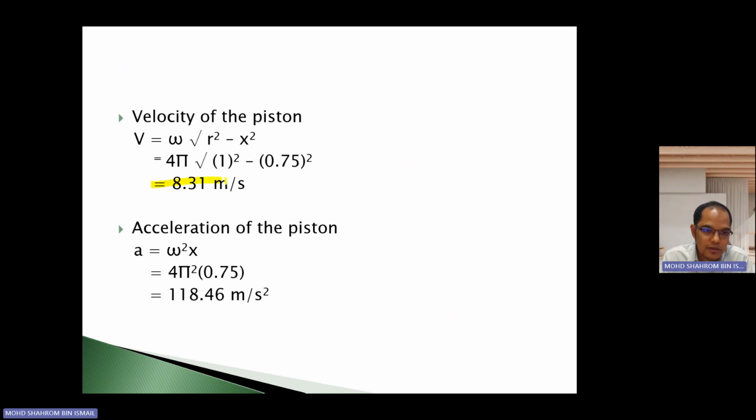So this is the velocity of the system. And the acceleration of the piston is a equivalent to omega to the power of 2 multiplied by x. So you got 118.46 meters per second squared. And of course, we know that